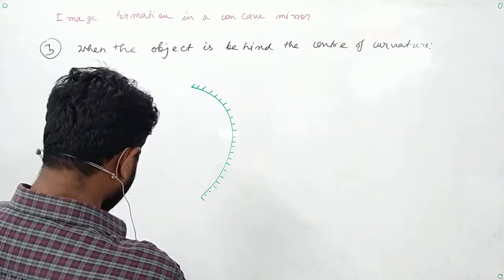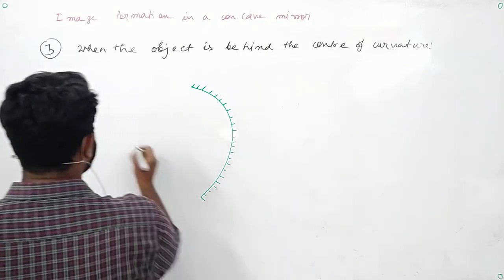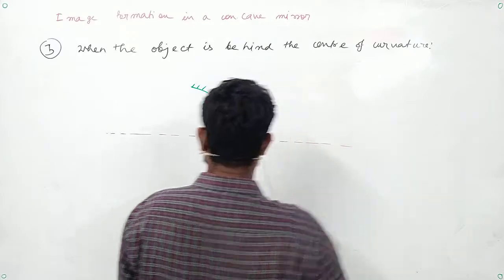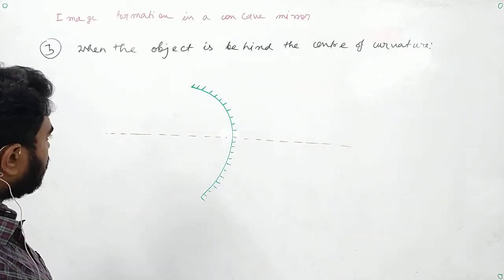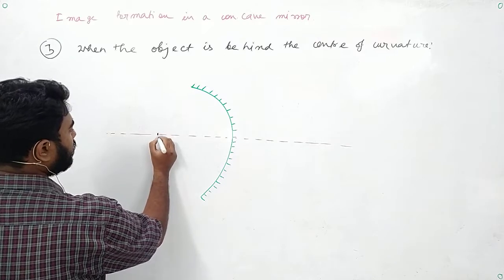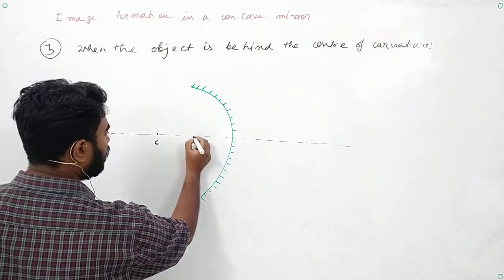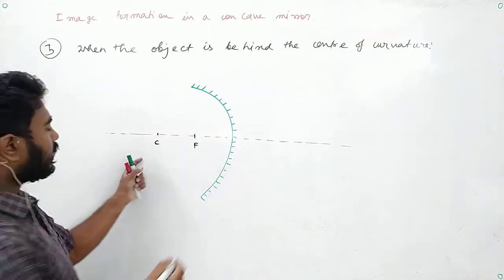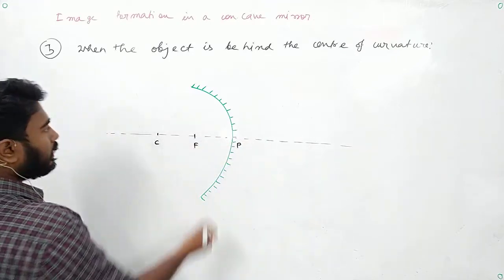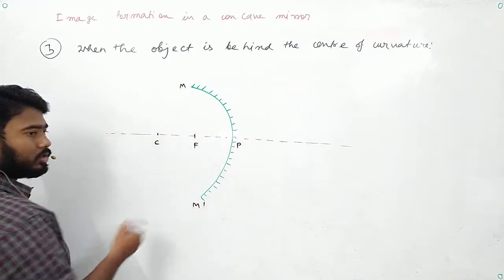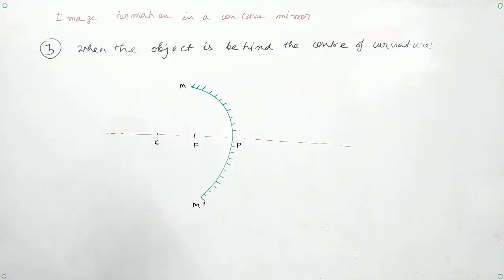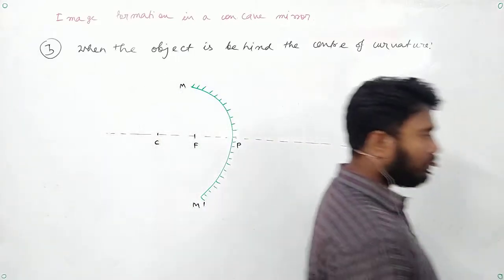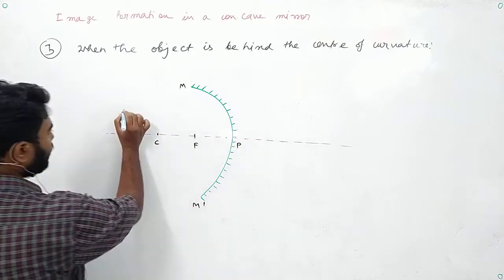Okay. Now we will draw the principal axis. Now this is the principal axis. Suppose this one is the center of curvature. We know that focus will be midway between center of curvature and pole. Let MM dash be the aperture. So if an object is placed here,